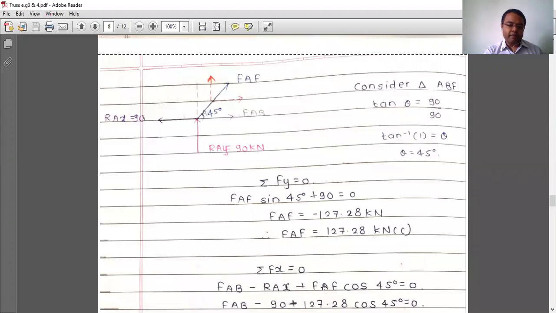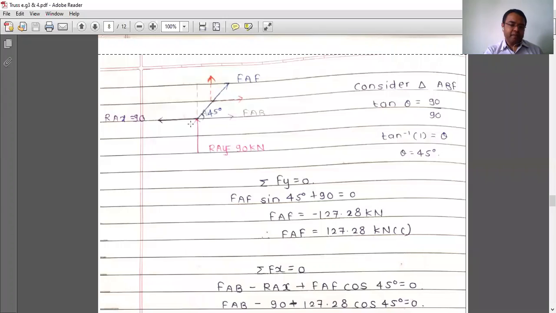FAB plus FAF cos 45, this is going to the left, so take it as negative, minus 90. Now put the values. Which value do you have to put for FAF? You have to put the negative value, that is minus 127,